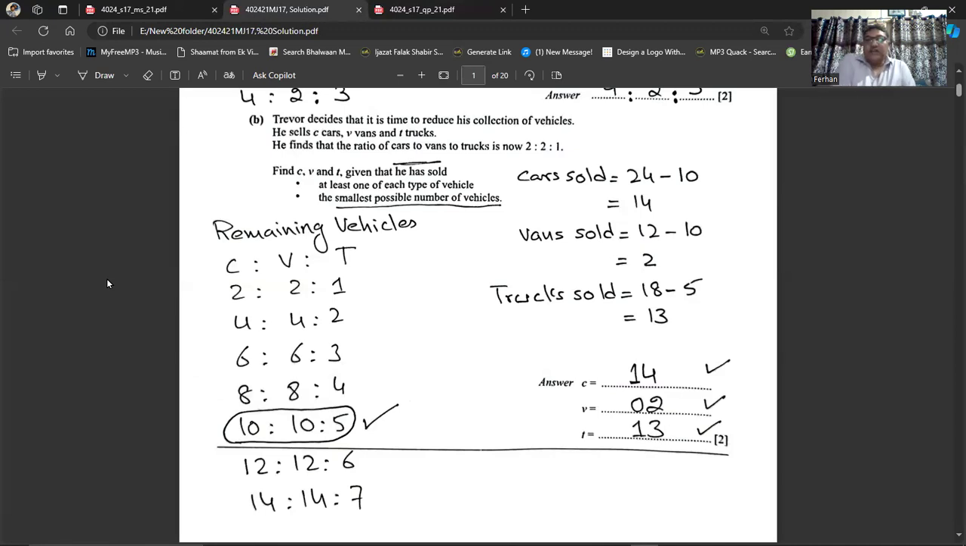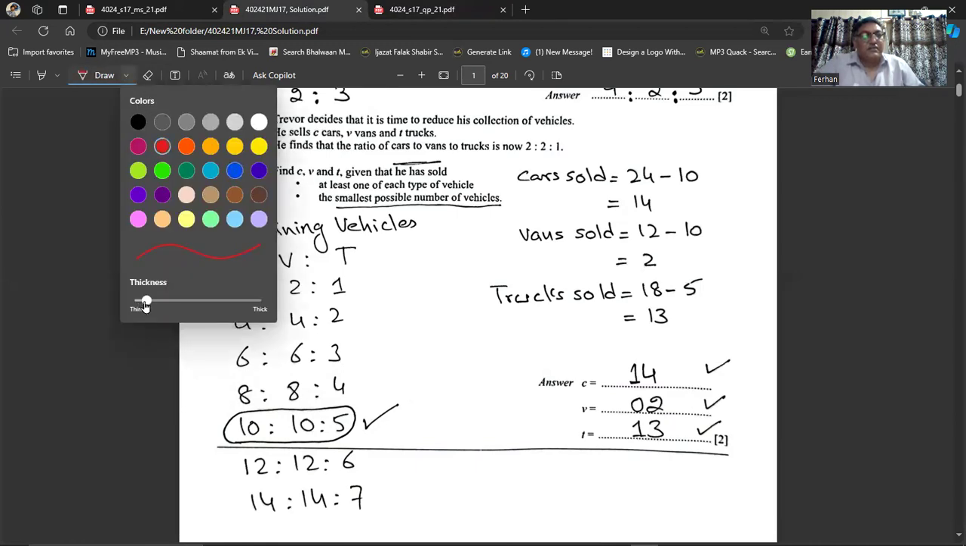If the trucks are 3, the remaining trucks are 3, then the vans will be 6, and the cars will be also 6. If the trucks remaining are 4, then the vans remaining will be 8, and the cars remaining will be also 8. So you see, I am just multiplying it with the same number. If the trucks remaining are 5, then the vans remaining will be 10, and the cars remaining will be also 10. If the trucks are 6, the remaining trucks are 6,